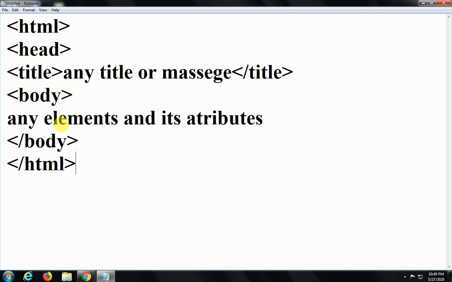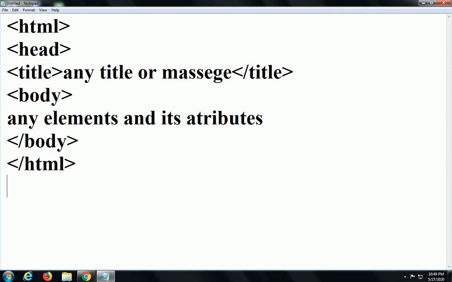Now the second one is that we create the example. In the example we will see how to print our name using the various heading style tags. Heading style tags start from H1 to H6.